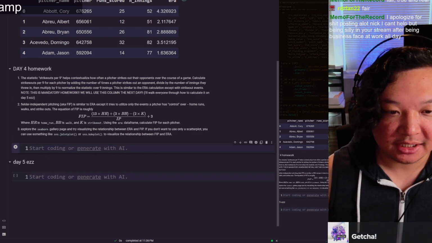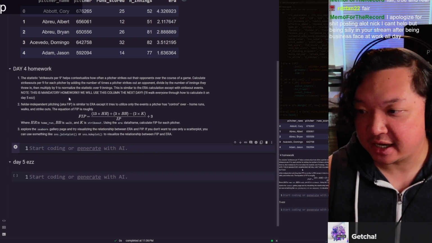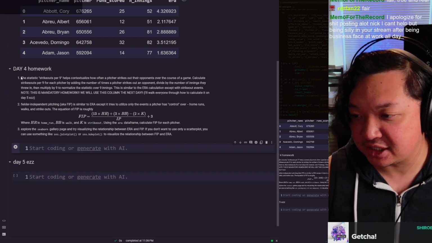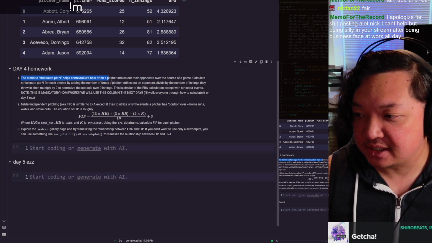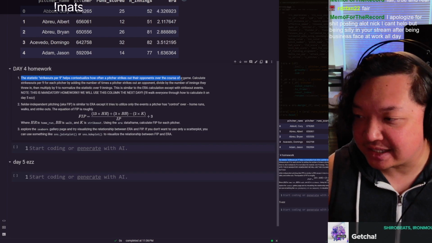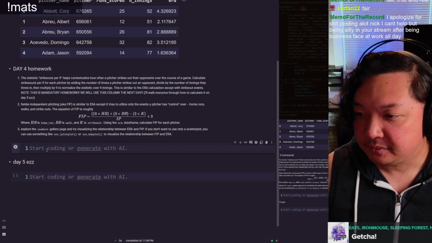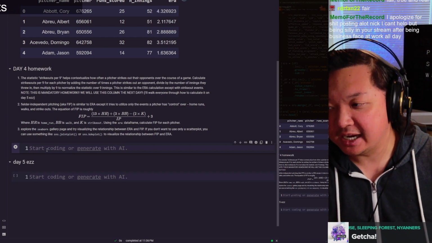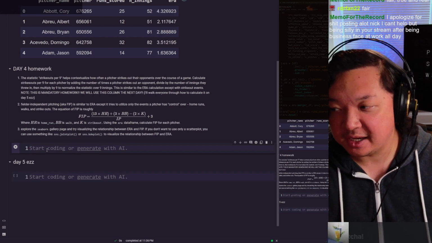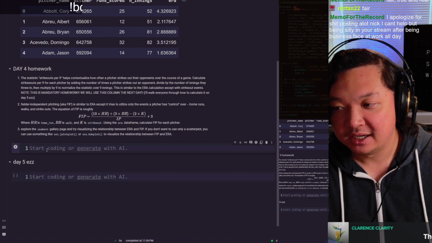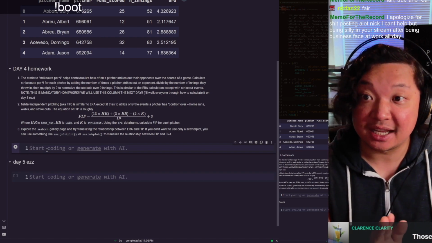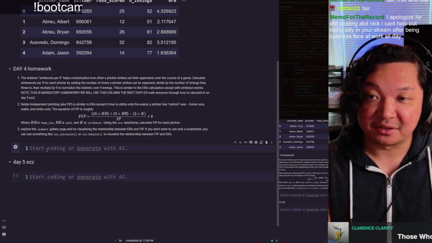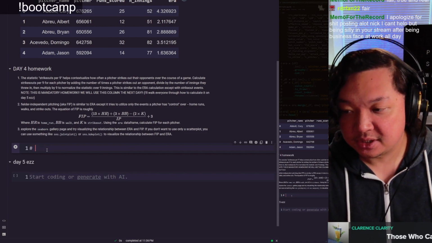Okay, so we're gonna create strikeout. So the statistic strikeouts per 9 helps contextualize how often a pitcher strikes out their opponent over the course of a game. Calculate strikeouts per 9 for each pitcher by adding the number of times a pitcher strikes out an opponent, divide by the number of innings they threw in, and then multiply through by 9. So this is just like ERA except strikeouts, right? So